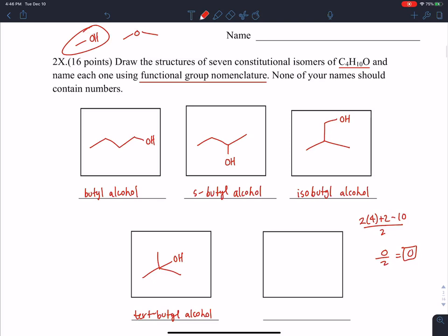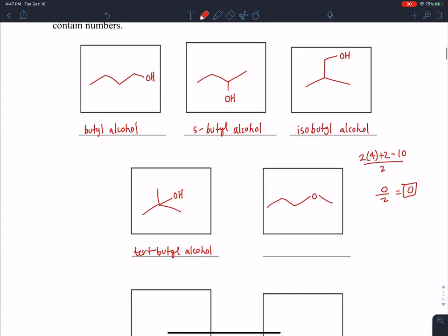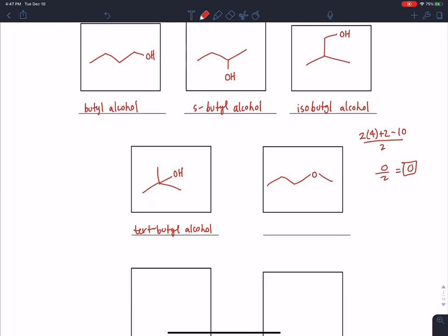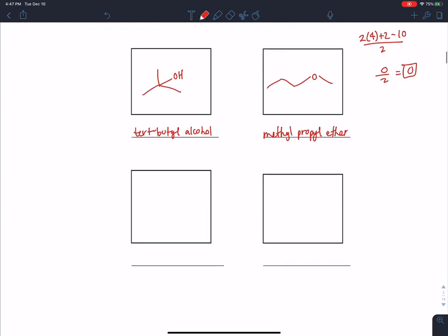So for our basic ether, we can make our little thing, and then we'll split it into 3 and 1 like that. So if you split into 3 and 1 right now, this thing would be considered methyl propyl ether, because you have a methyl, you have a propyl, and an ether. So methyl propyl ether. Okay. Again, this was a split of 3 to 1,